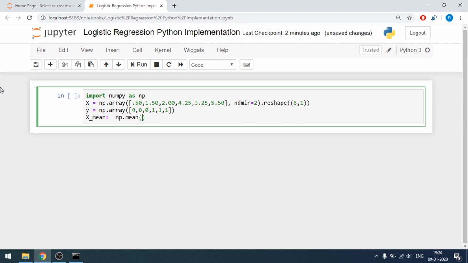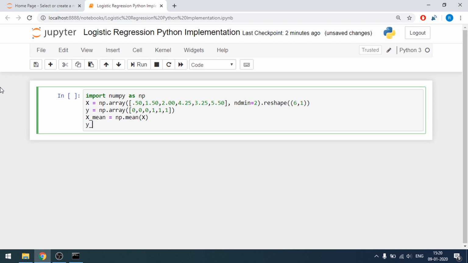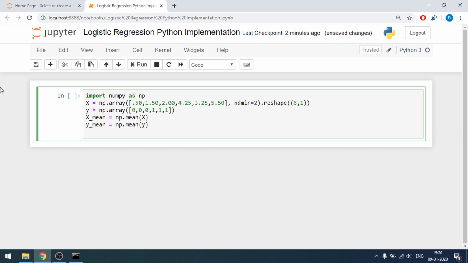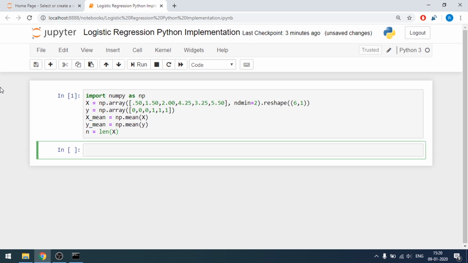So I'll say x_mean is equal to np.mean of x. Similarly I'll take the y mean, np.mean of y. Yeah, we have it, and I'll say n is equal to length of x. Now let's start with the logistic regression. So I'll say class LogisticRegression,